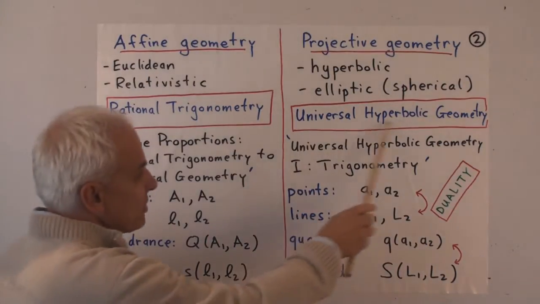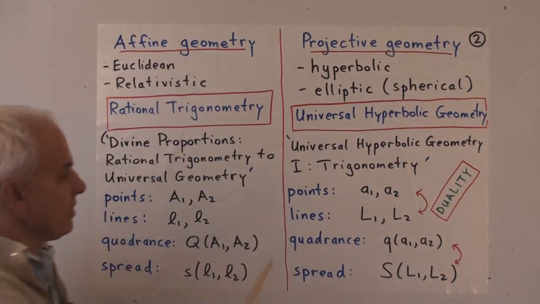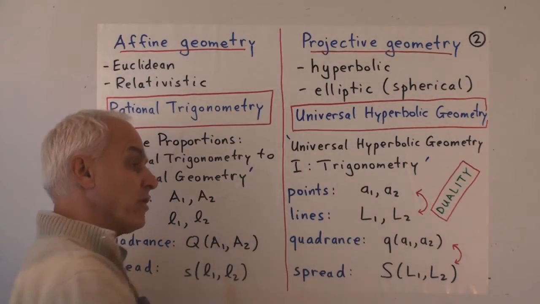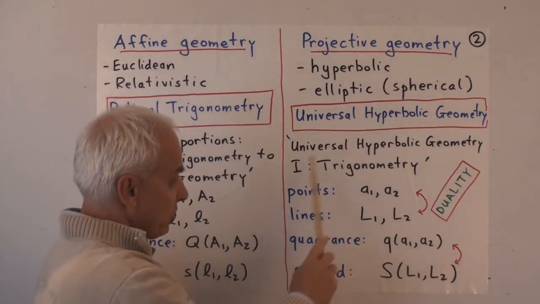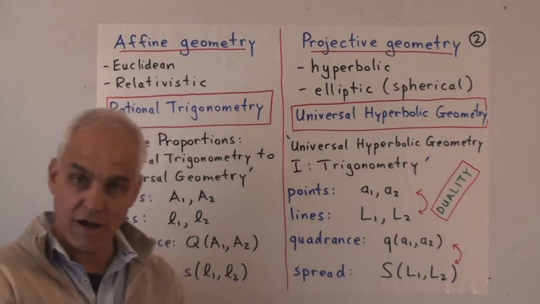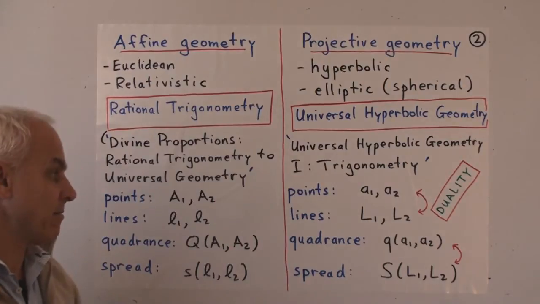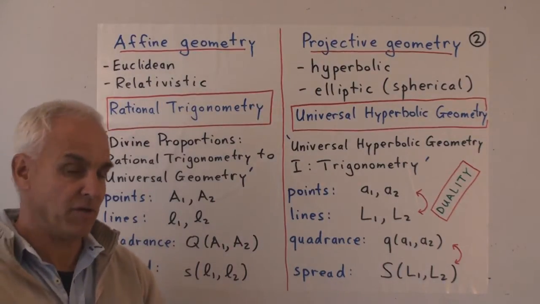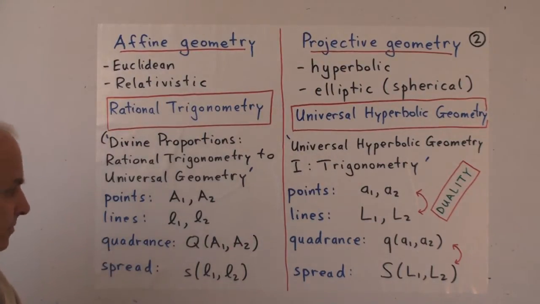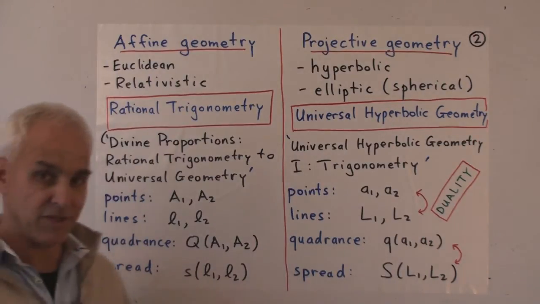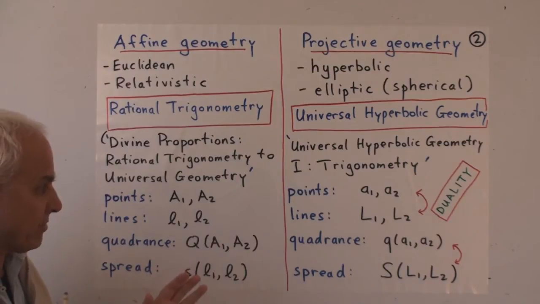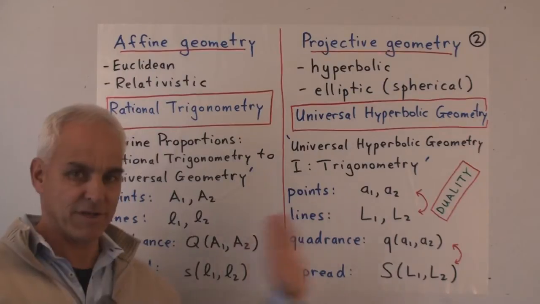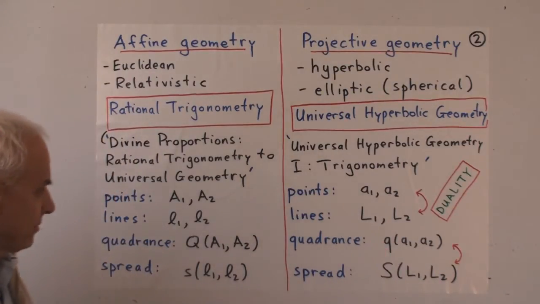And we're calling this universal hyperbolic geometry over here, and at least for the first part of this section, the paper Universal Hyperbolic Geometry 1: Trigonometry, which is on the arXiv, my paper, is perhaps the main reference in written form, aside from these videos. So I want to talk about the distinction between these two types of geometry and the different notation that we want to use to keep ourselves straight about the differences here.